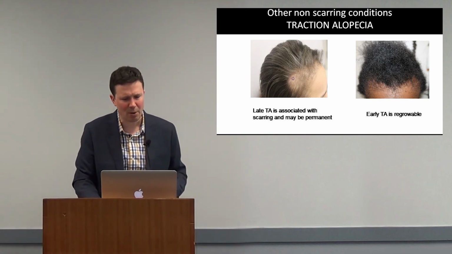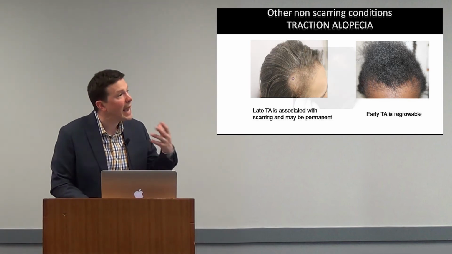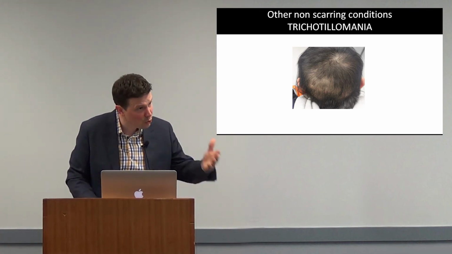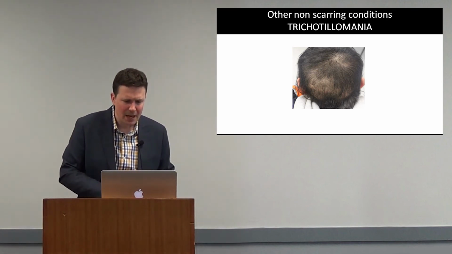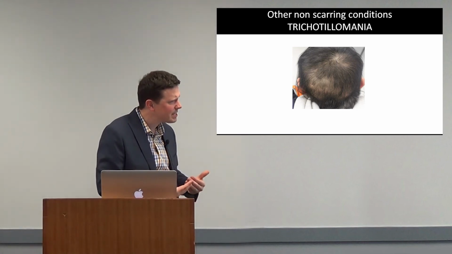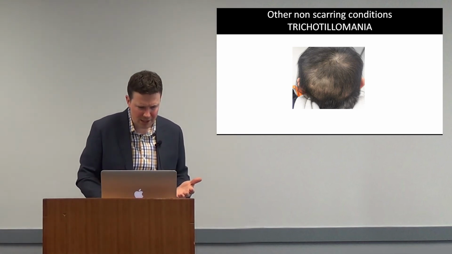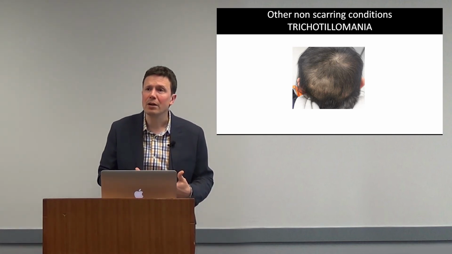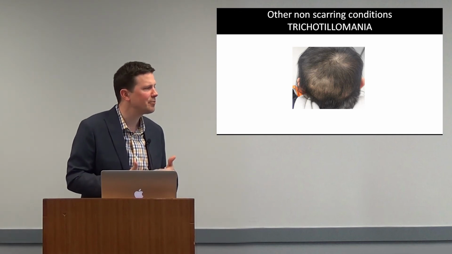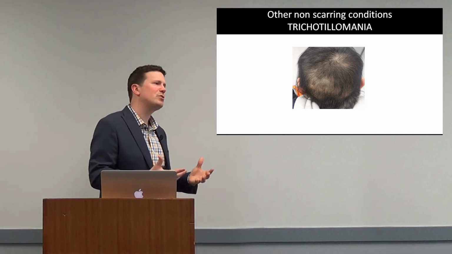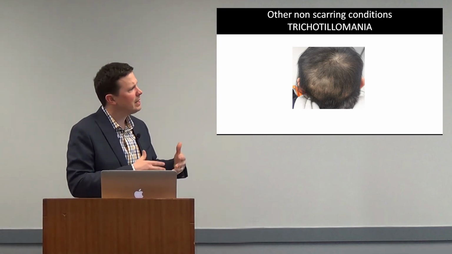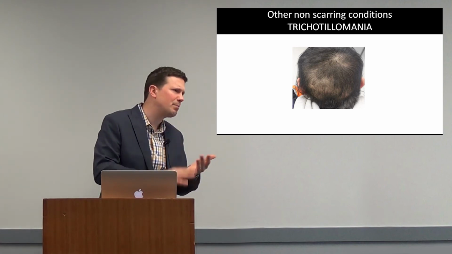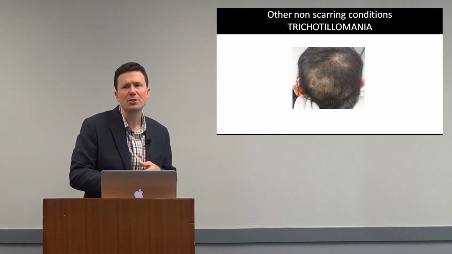Trichotillomania is another non-scarring alopecia which has many presentations. Again, trichotillomania in the early stages is identifiable, regrowable. This patient is a young child who presents with hair loss at the back of the scalp after severe emotional stress. If we can stop this child from pulling her hair, we can regrow the hair in a large percentage of patients. Many patients with trichotillomania, especially older individuals, 12, 13, 15, may have underlying depression, anxiety, obsessive compulsive disorders,